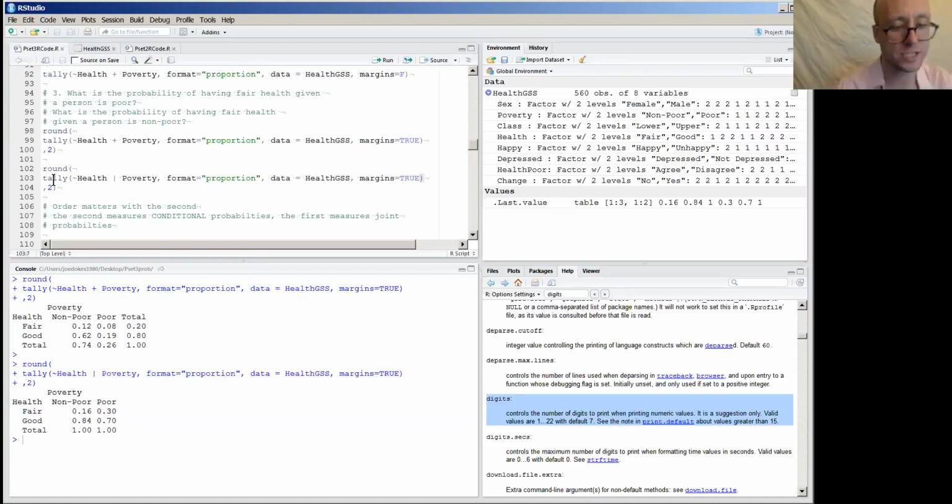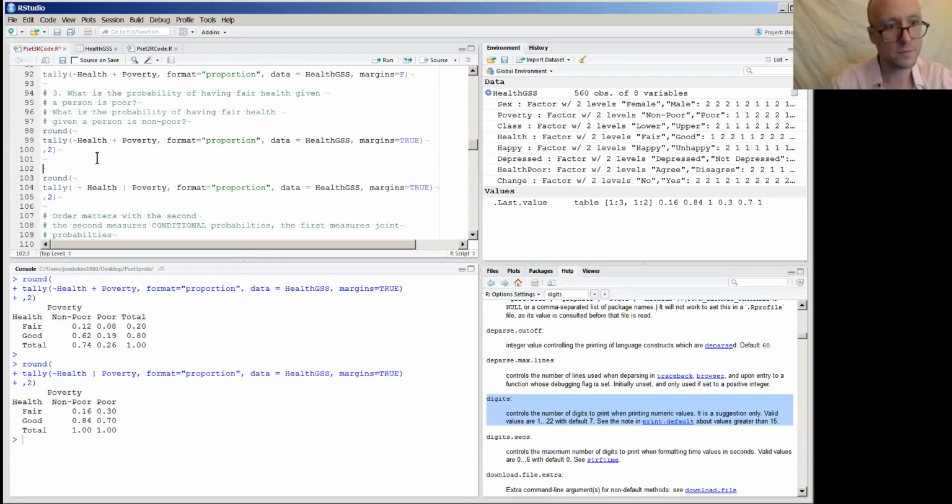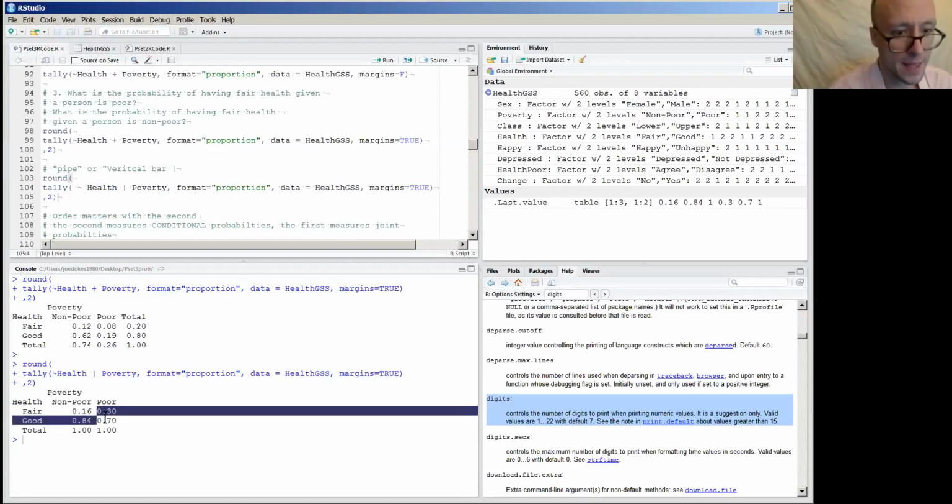So if we look at this as an equation, this is called the equation format of syntax. We want to say, I want to tally health given that I know poverty status. So what you know is to the right of that pipe symbol. What you don't know or want to find out, given what you know, is to the left of the vertical bar symbol or the pipe symbol. And the name I'm using is pipe, P-I-P-E, or vertical bar. And that's an operator because we're basically saying, I want to take this variable and this variable and get some sort of outcome here. And here, what we're showing is that you're defining your analysis differently because